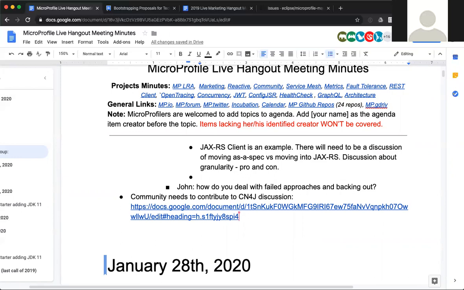The other thought I have is who will trigger which spec to move and when to move, and for what kind of benefit. I can only see it if a MicroProfile spec is heavily needed by the Jakarta EE spec. That's one of the requirements for it to move.